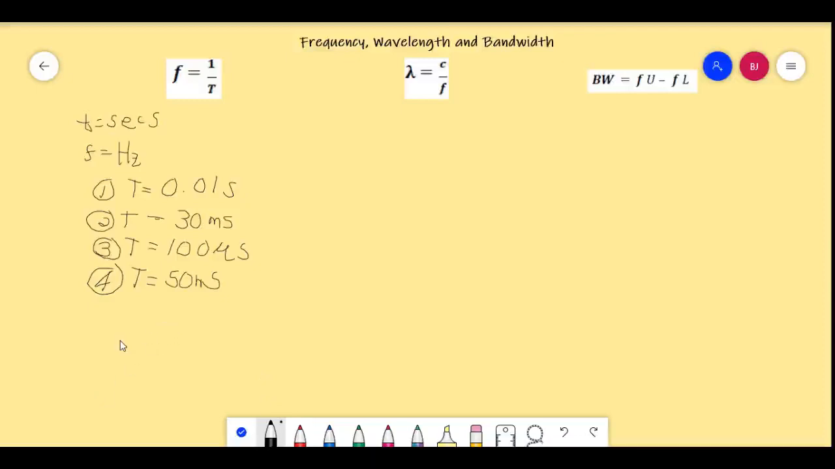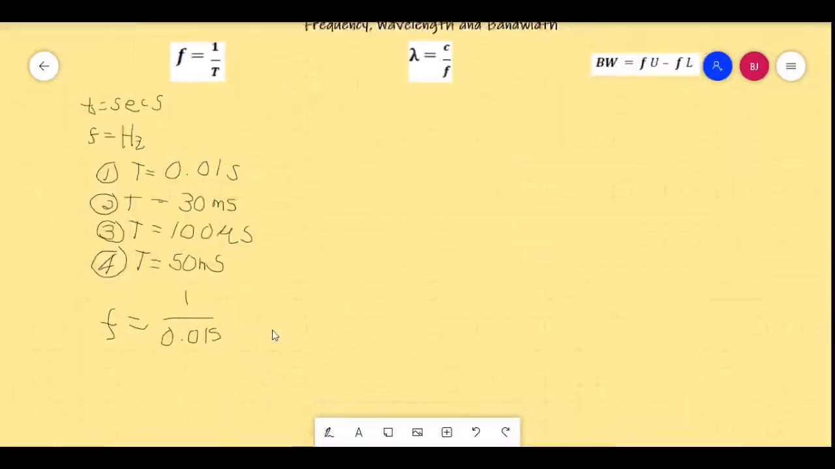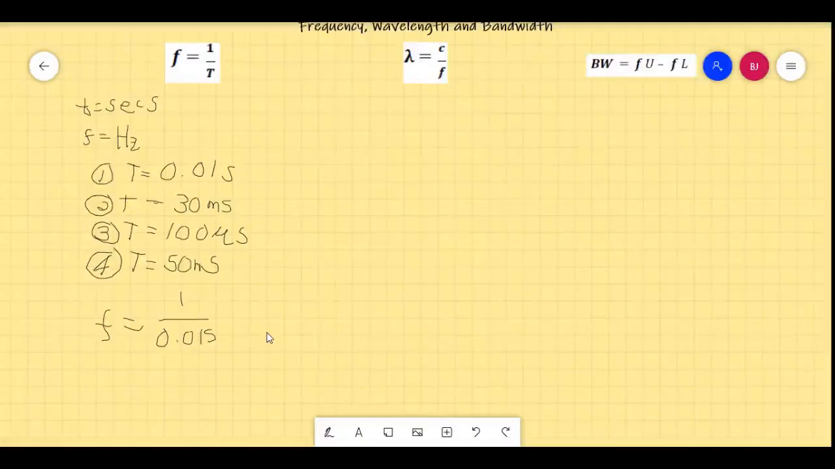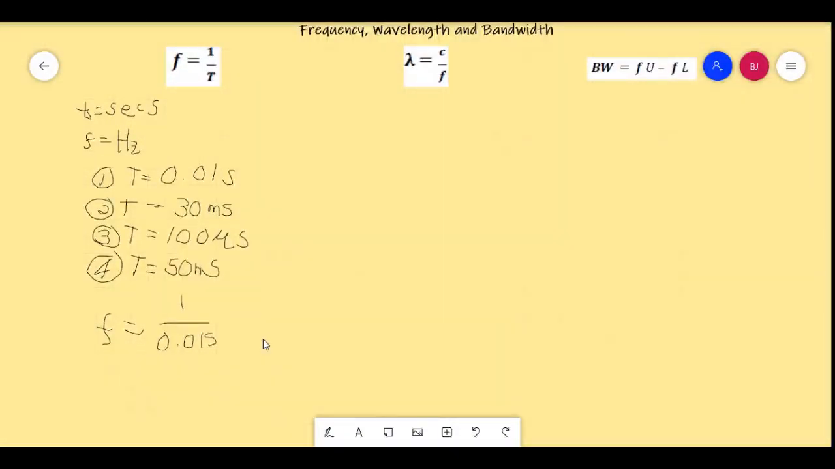So for frequency, as mentioned here, it is 1 over period. So we'll have here 0.01 seconds. Okay. So after getting 0.01 seconds, we'll now look into